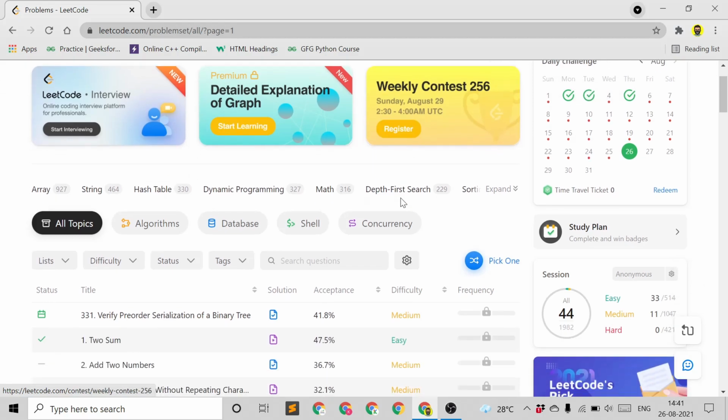So like this, LeetCode will give a question each day and you have to solve that question on that particular day. Today is 26th, so this question has come and today only you have to solve this question.